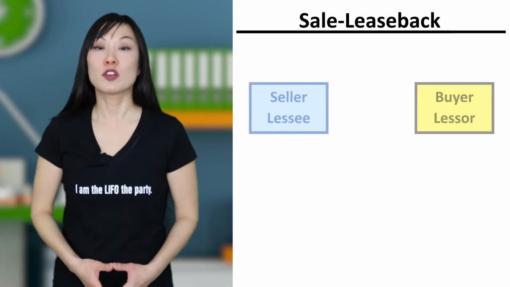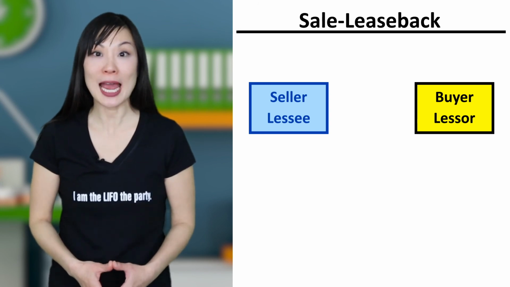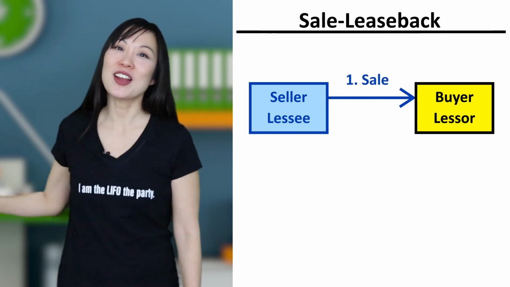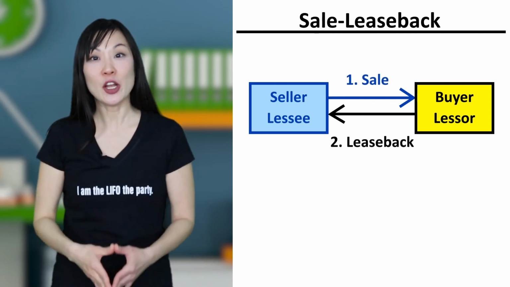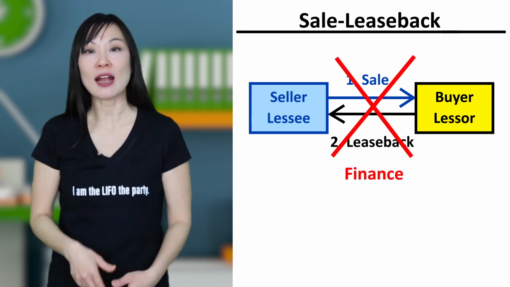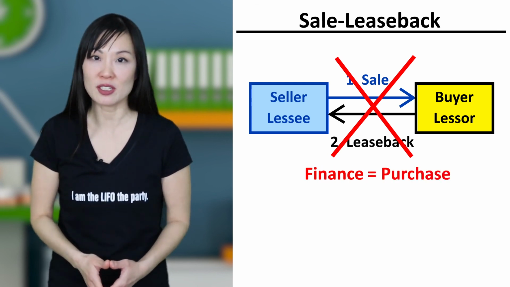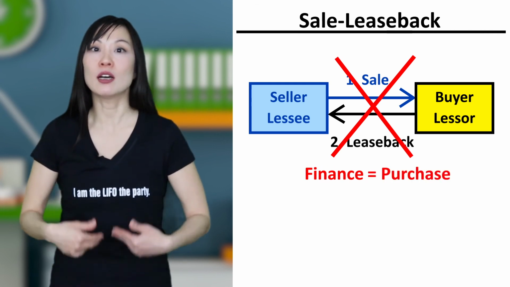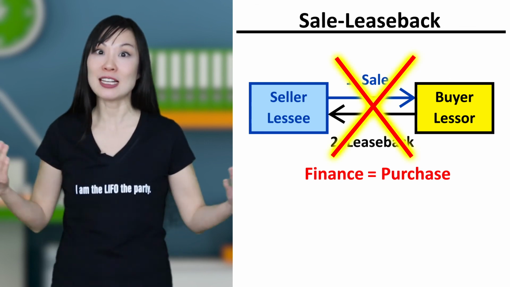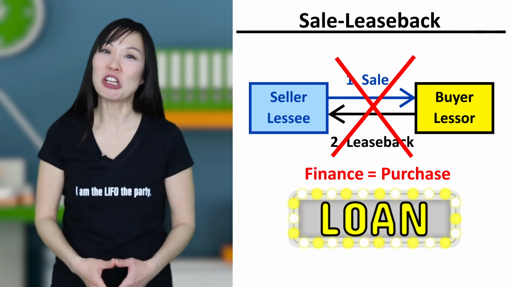Just to summarize, for sale-leaseback transactions, just treat it like two separate transactions. First, record the sale, and second, record the lease. And note, if the leaseback is a finance lease, then the sale-leaseback fails. Because a finance lease means it's really a purchase. That would make the transaction a sale and a repurchase. That's a wash. So when the sale-leaseback fails, it's just a loan.